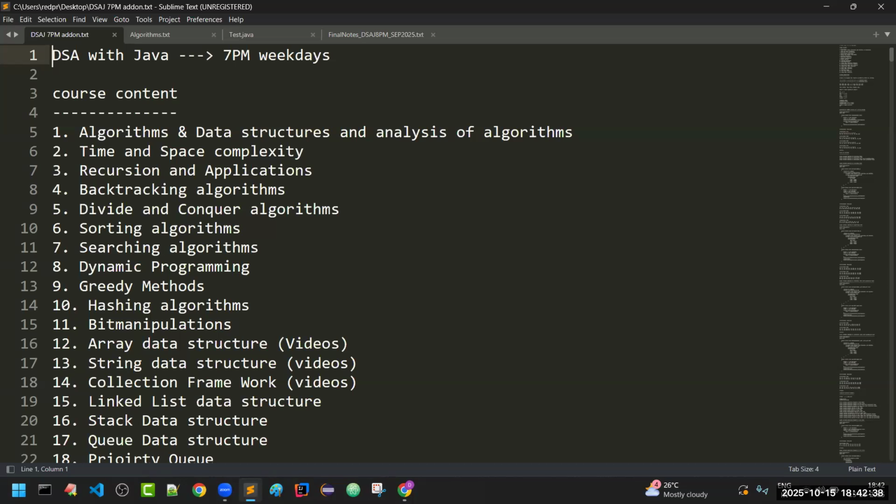Coming to the content, I explained on the first day of our session that we have two classifications: one is algorithms, another is data structures. There is no dependency on each and every topic. We will cover each and every topic in depth with multiple examples. Not only those examples, you have to practice more to understand the concept in detail. As a part of this, I started with